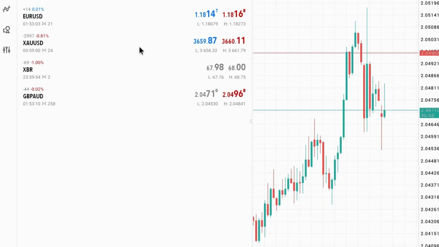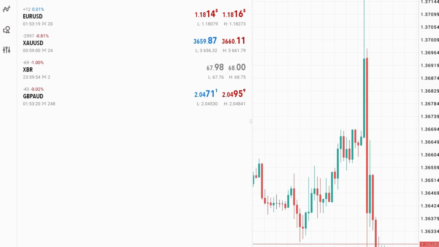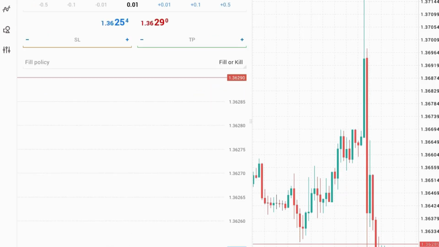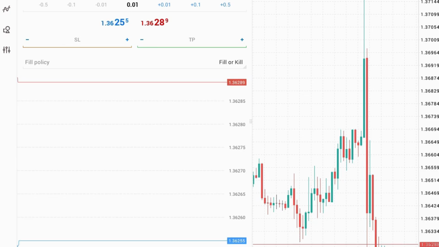Assuming now, if you're in my signal channel, I normally send something to my signal channel: buy this, set your SL, set your TP. Now let me show you something on GBPUSD. You see something here. If it is an instant order, market execution, you see SL means that, okay, if price